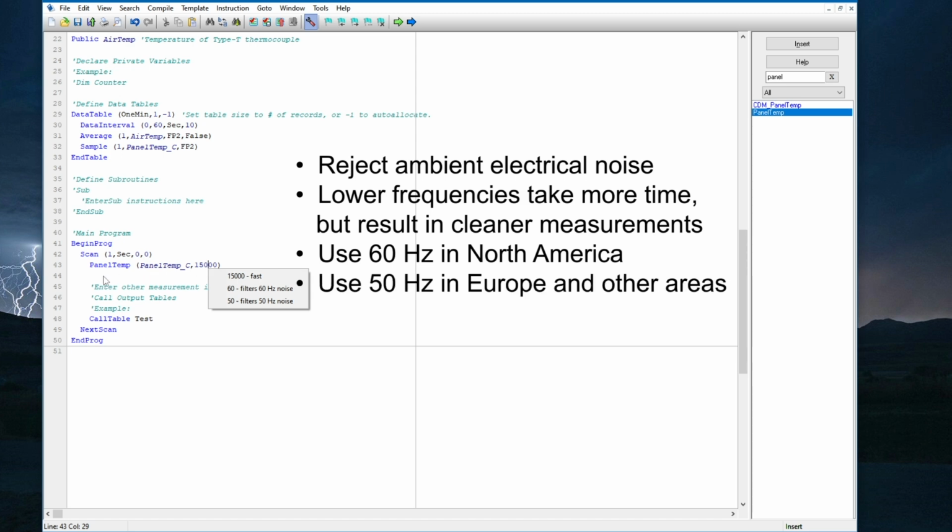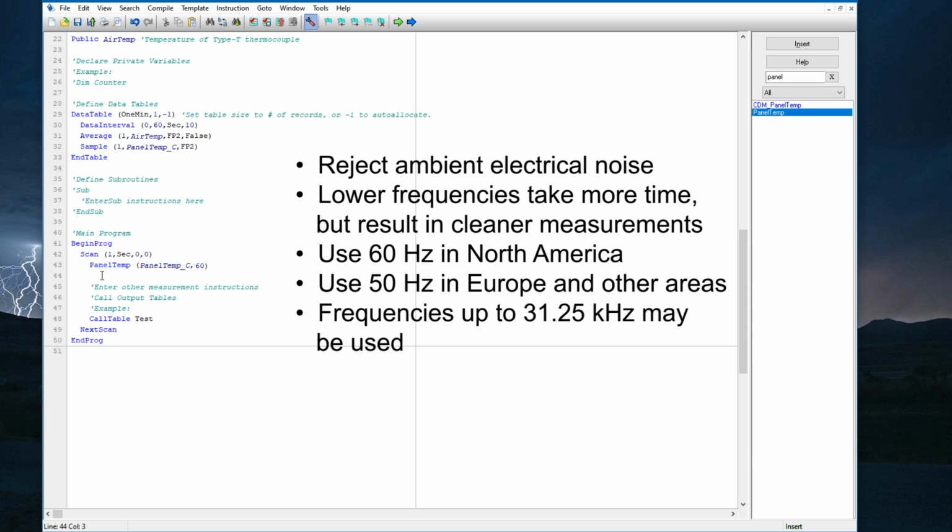In Europe, it's best to use an fnotch of 50 Hz, since European AC power lines deliver power at 50 Hz. If fast measurements are needed, then choose a faster frequency, like 15,000 Hz, or even set that higher if needed, up to 31.25 kHz. Just know that there's a trade-off between speed and noise filtering.